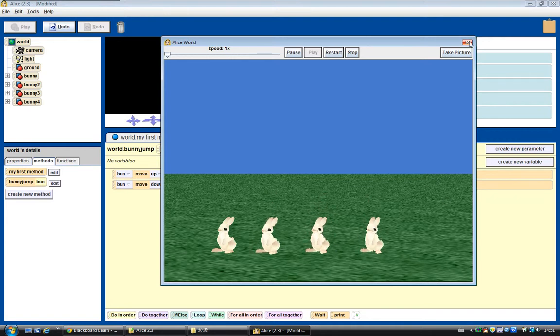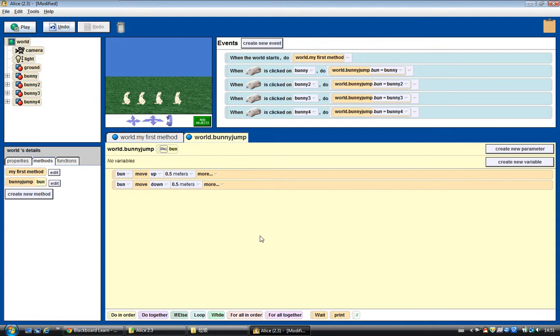And now you can see why using a parameter is so important in feature design, because when you do this mouse click thing, and if you don't have this parameter here, you probably need to create 4 methods for each of the bunnies to do this bunny jump correctly. But since you have the parameter, all you have to do is create this one method, and you can use it everywhere. And I think you also see how to create a new event and how to use the mouse click and the keyboard to make this movement